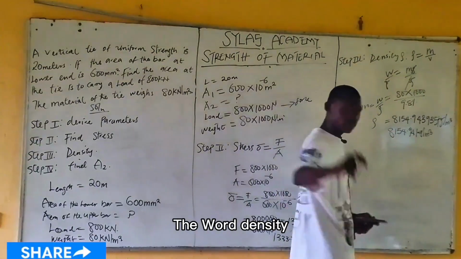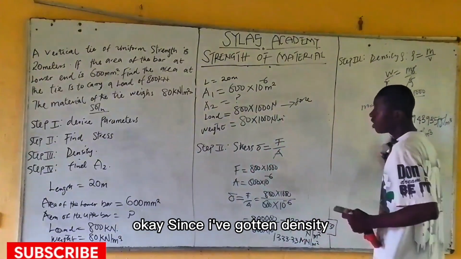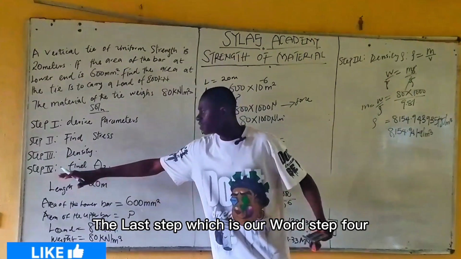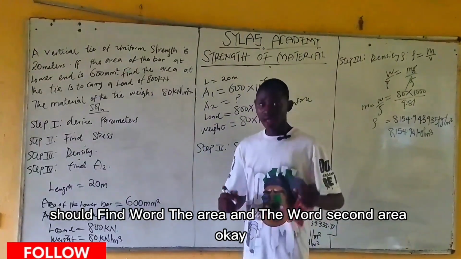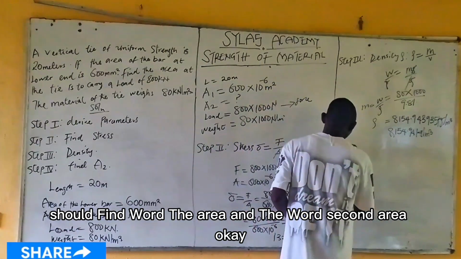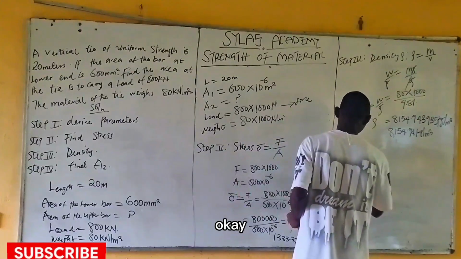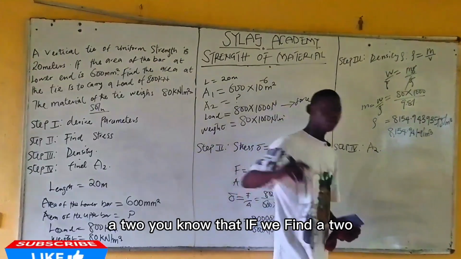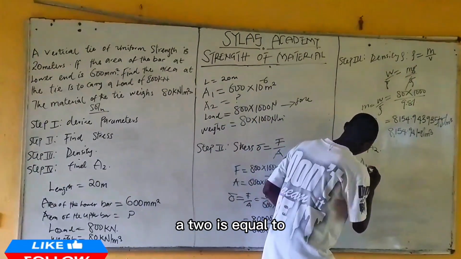This is the density. Okay, since we have gotten density, we are going to go forward to the last step, which is step 4. And in step 4 we should find the second area, A2. Step 4, so we should find A2. You know that A2 is given as